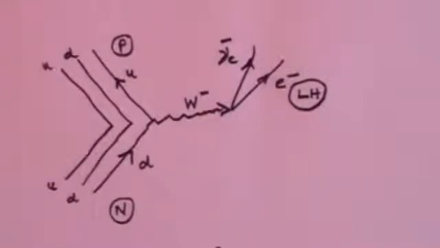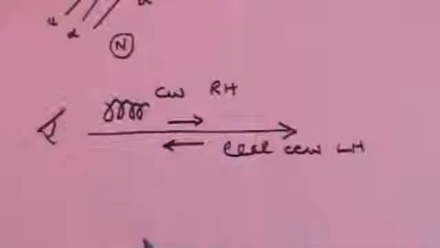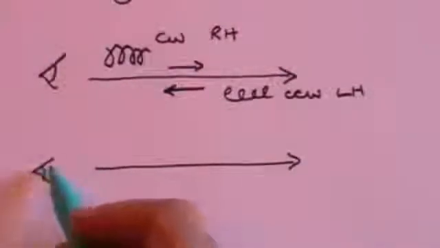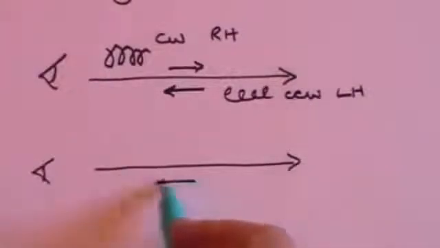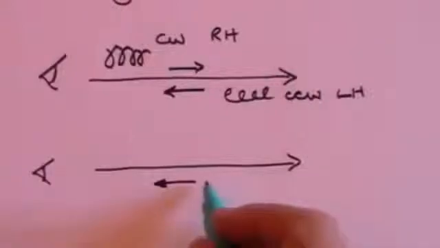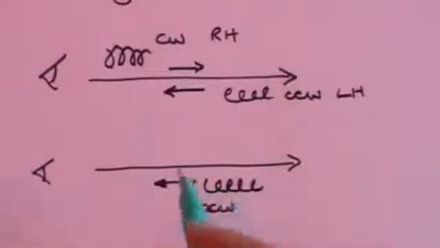We know that for at least two reasons. The first one is this diagram I've just drawn you here. Let me just redraw it. Let's say this is the direction of travel, and let's say that I'm viewing the electron from here. Let's say that I do indeed measure a left-hand electron, which means that the spin is counterclockwise as viewed